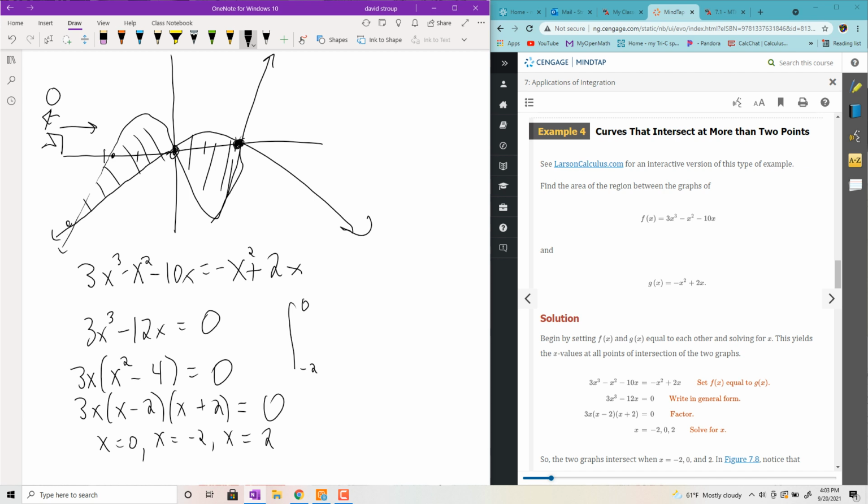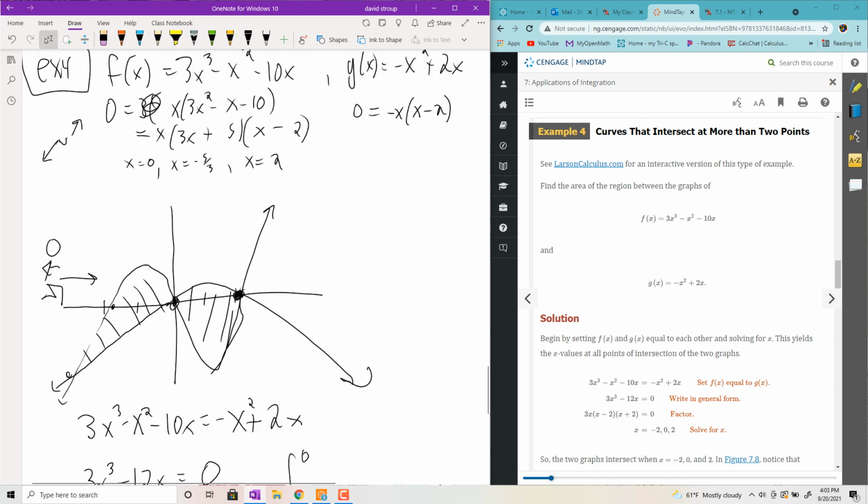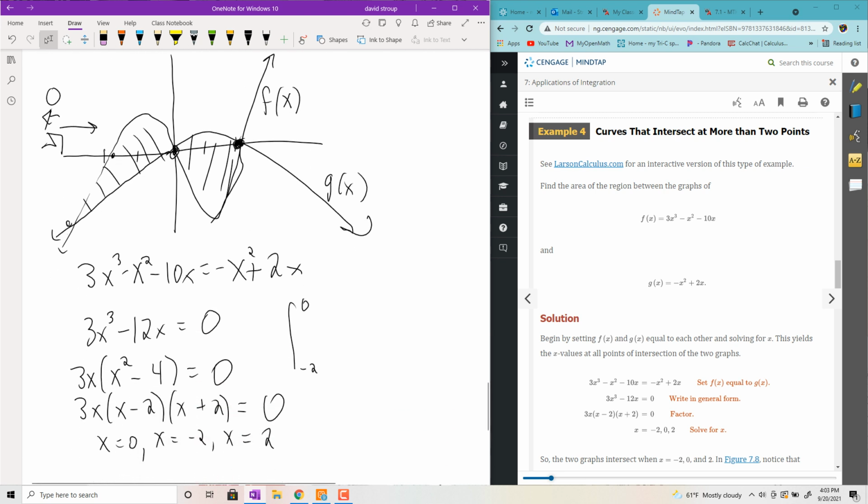So the g of x and the f of x are going to change with regards to who's on top and who's on the bottom. First off, f of x is on top, so you have the 3x cubed minus x squared minus 10x minus the negative x squared plus 2x for the first integral. And then you need another integral, so plus going from 0 to 2, and this time the g of x,